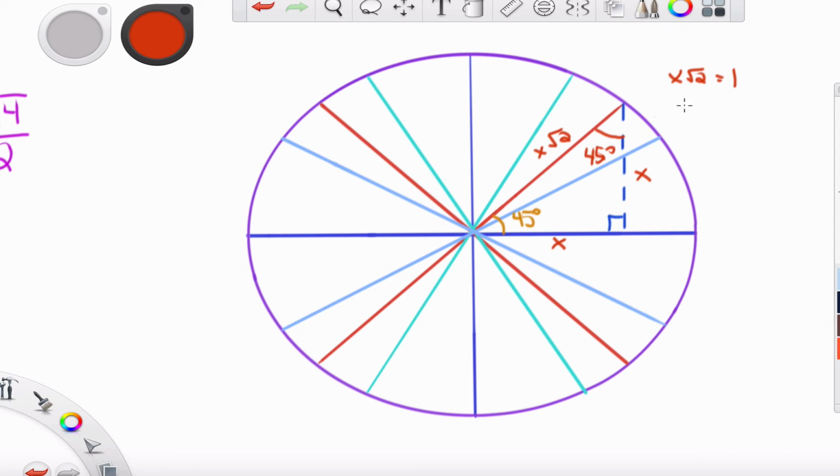We can solve for x by dividing both sides by the square root of 2. We have x equals 1 over the square root of 2. But we don't like radicals in the denominator. We need to rationalize the denominator. We'll multiply top and bottom by the square root of 2, which gets us square root of 2 over 2, because the square root of 2 times the square root of 2 is the square root of 4,